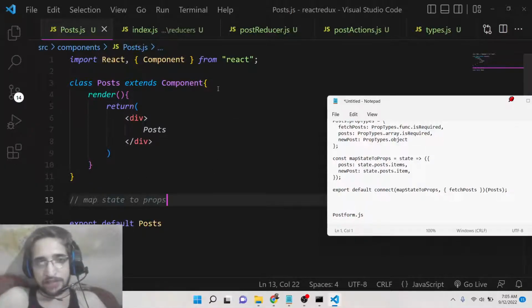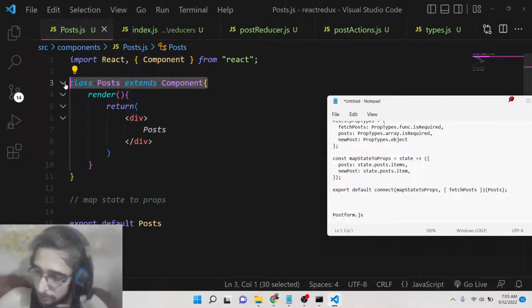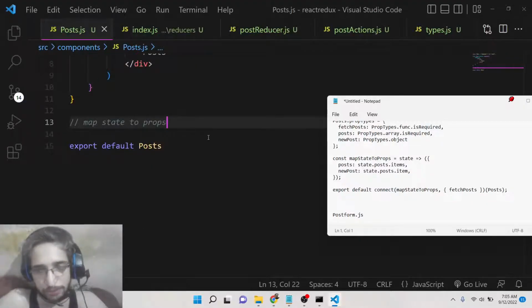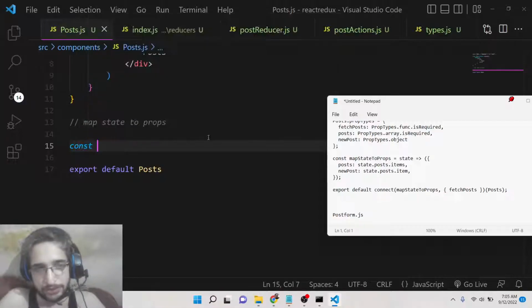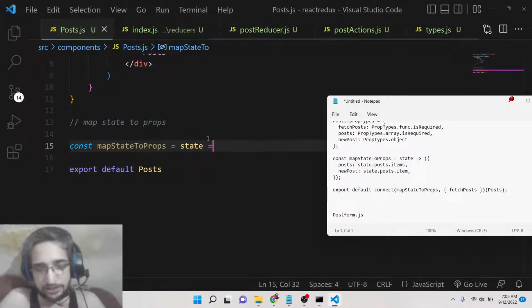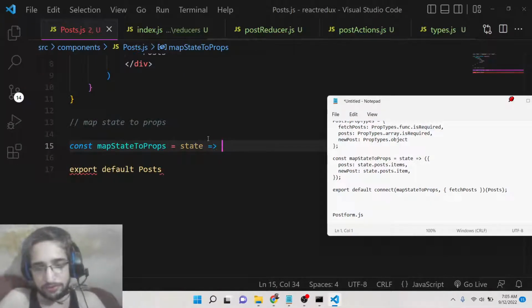Props, as you all know, we can use inside our React.js component. So we need to map the state data to the props. So for that we can simply create this const mapStateToProps, and here we can get the state,